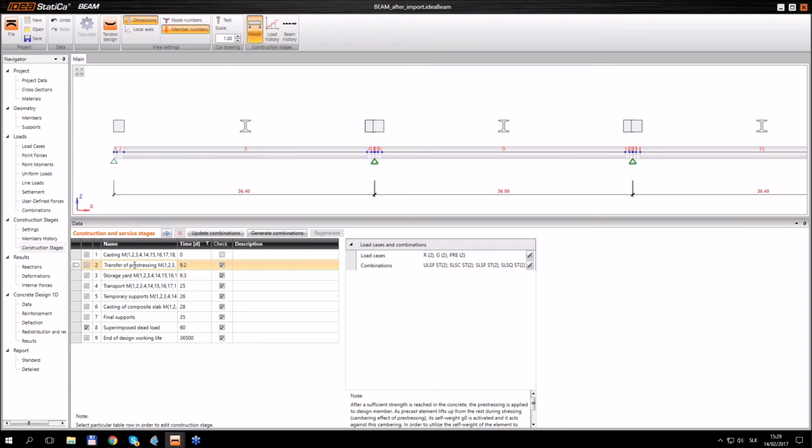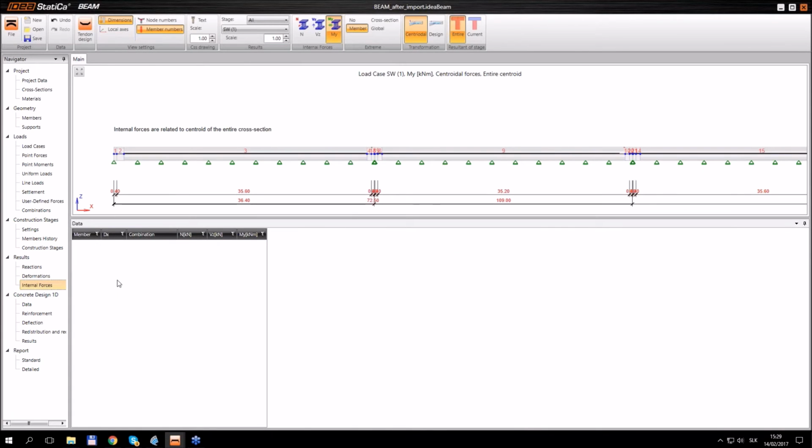Maybe do you want to add something for this functionality? I think that would be beyond the scope of the presentation. Let's concentrate on the workflow. Yes. Okay. So let me show you the internal forces now